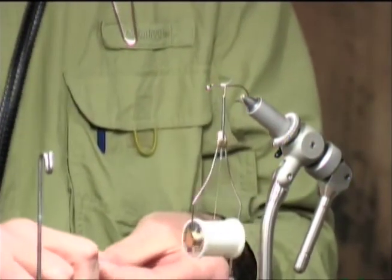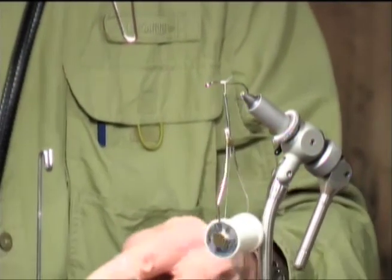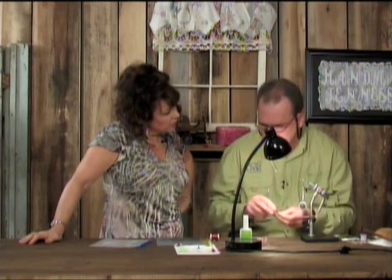Now, do you have a storehouse full of flies at home, or do you like to make up a new bunch just about every time you go? Yes and no. If I'm going to East Tennessee trout fishing, I usually don't keep a lot of the little